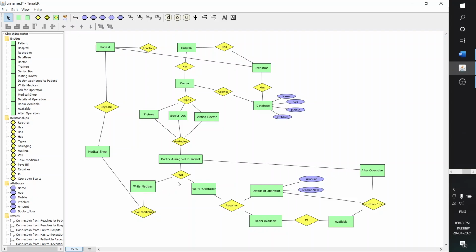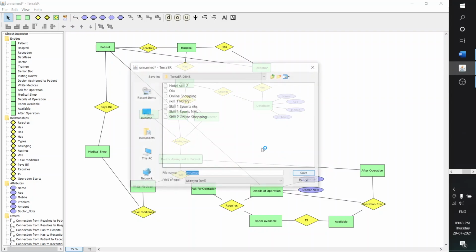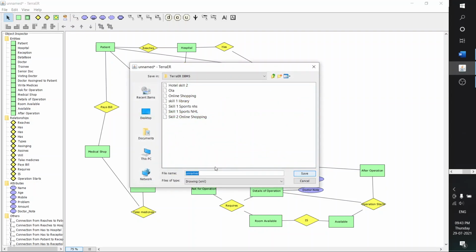A doctor will assign for writing the medicines, take medicines, and for medical shop, and patient will pay the bill. Here details of the operation are also given by this patient. So let us not mess too much. Already I had messed it too much, but this is the thing.